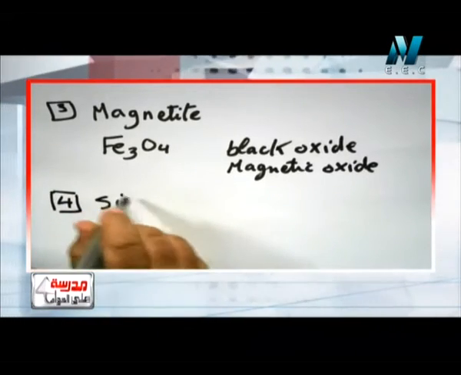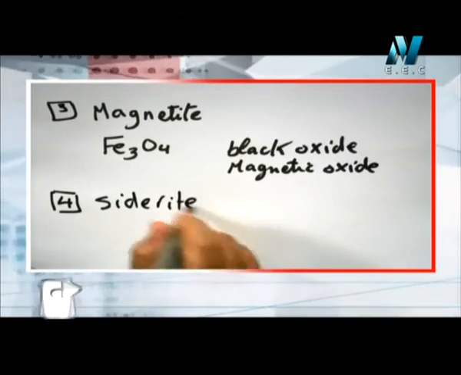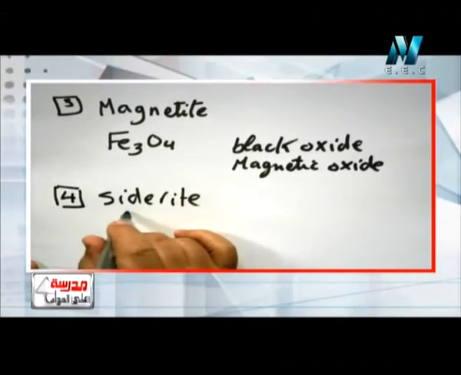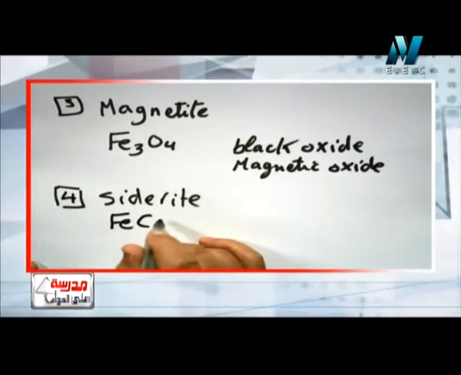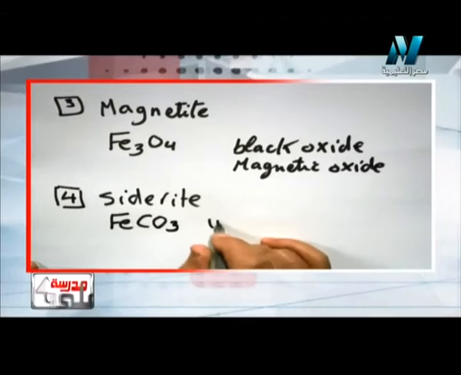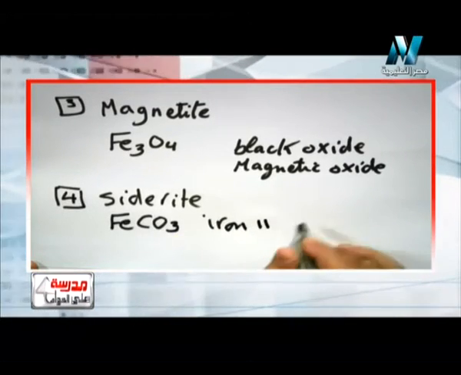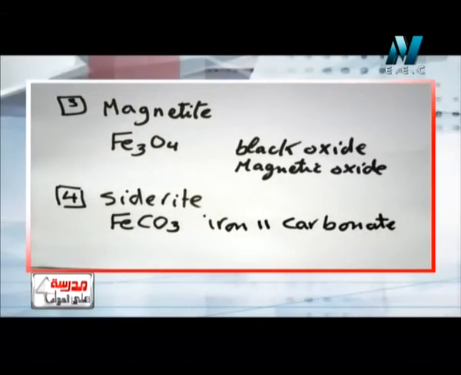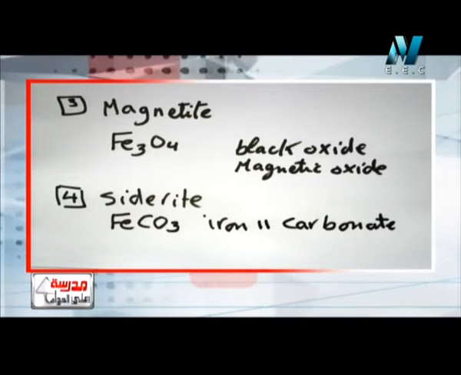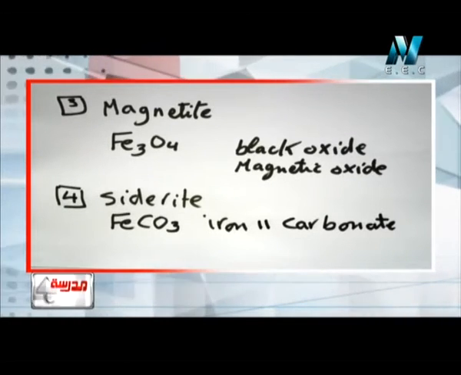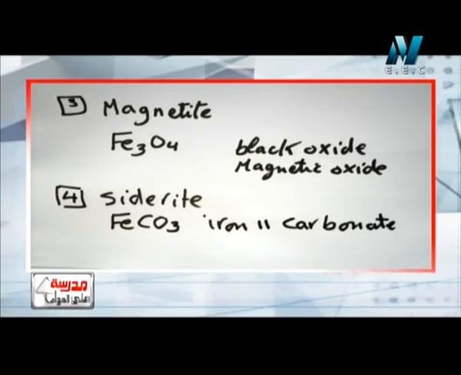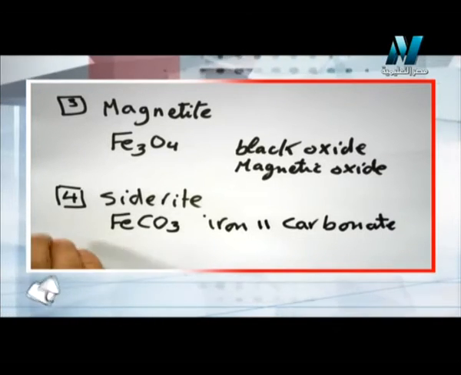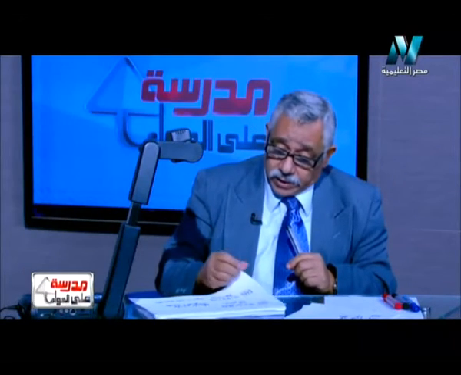siderite. Siderite FeCO3, iron 2 carbonate. Iron 2 carbonate FeCO3. This is about the most important ore of iron. Okay? Now let's transfer to the next point, which is how can we extract iron from these ore